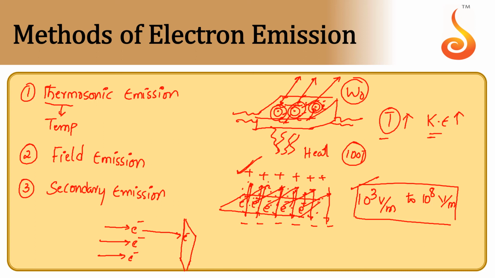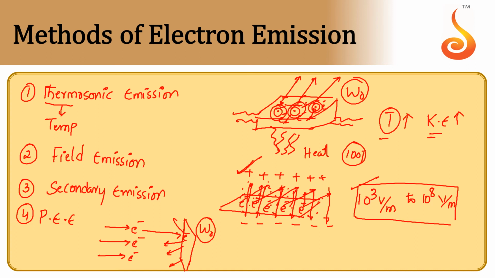Therefore the amount of energy shared by the fast moving electrons is sufficient to overcome the work function of the metal. Therefore what happens? These electrons will be knocked out from the metal surface. This method we call secondary emission. And there is another method, the fourth method,